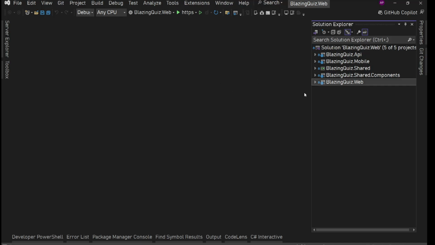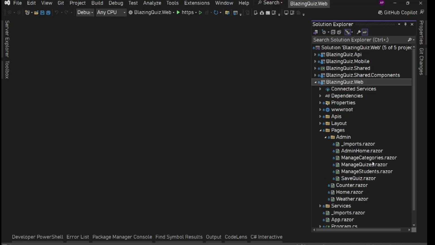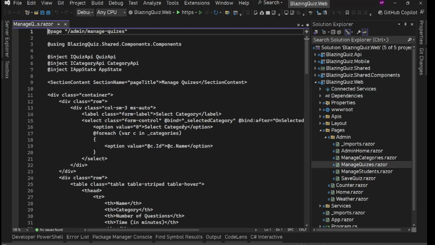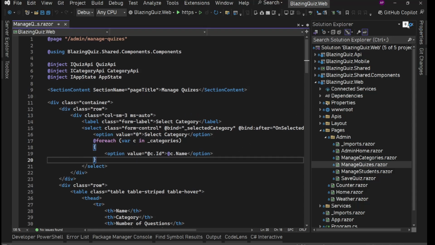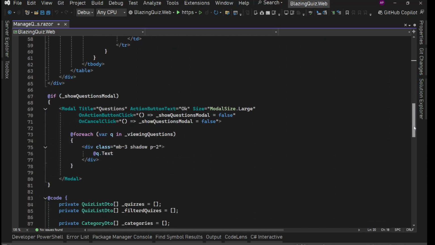All right. Now from admin panel side, we have one thing remaining. We'll work on that only. So we will show the list of students who attempted some quiz. So where we have our quiz list in admin manage quizzes, here only where we have all our buttons in the grid